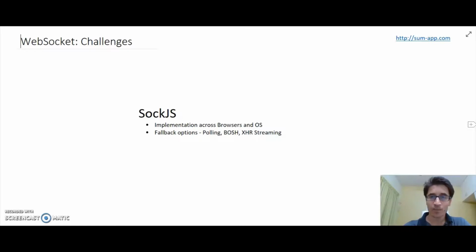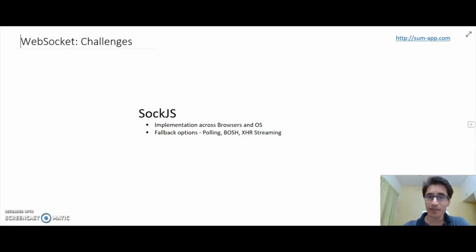So for the browsers that support WebSocket, SockJS directly uses WebSocket, and for the browsers which do not support WebSocket, the SockJS would emulate WebSocket, leaving the application programmer or application developer to build the application by assuming that the WebSocket is in place.